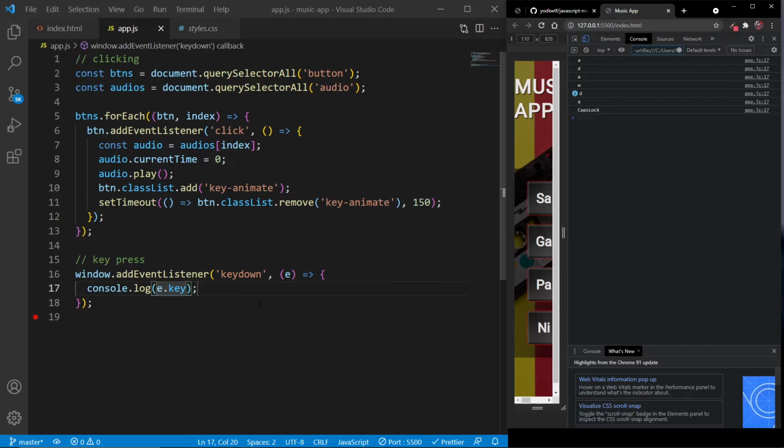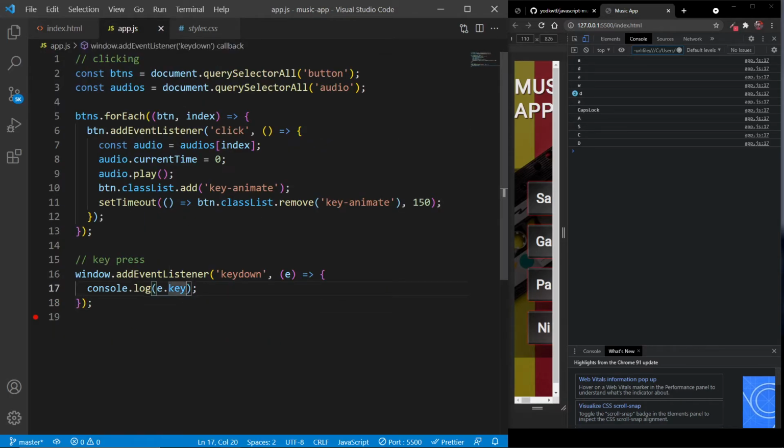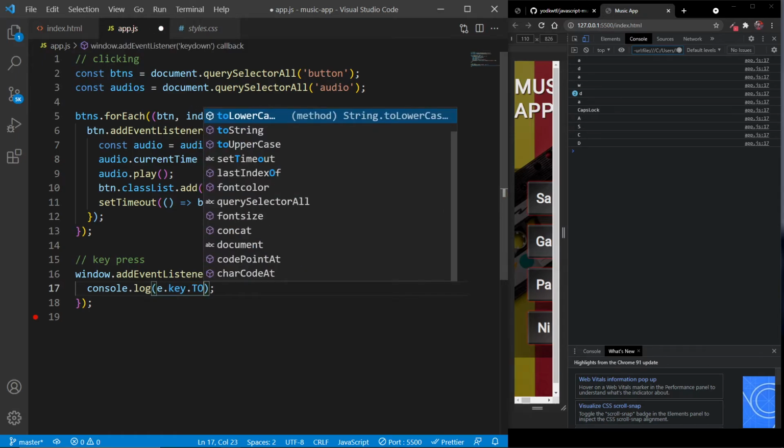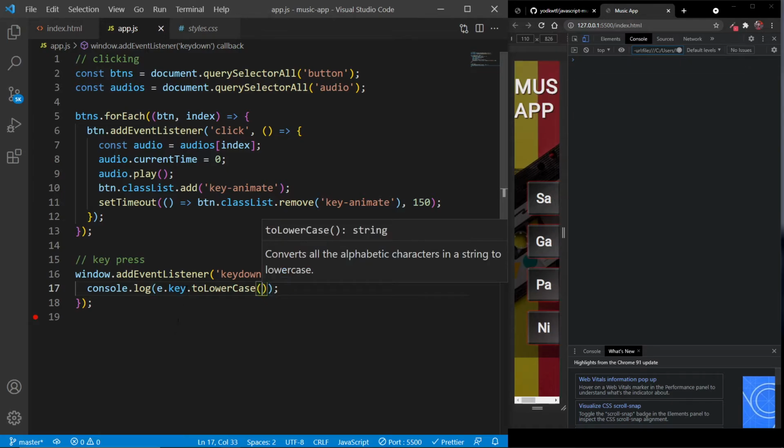And if I turn my caps lock on, and now if I press anything, you see we get capital letters, and we do not want that because in our HTML file we have only specified our data-key attribute for the small ones. So I need to convert it to lowercase so that even if a user has caps lock on, it will convert it to lower letters.